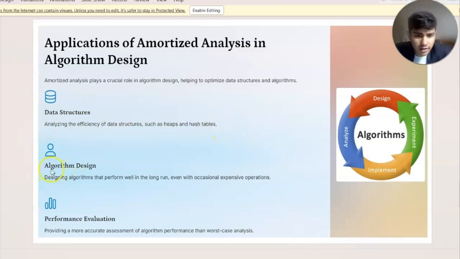And a very obvious point, it helps in algorithm design, to design algorithms that perform well in the long run, even with occasional expensive operations, which is the main advantage of amortized analysis. Then in performance evaluation, it provides a more accurate assessment of algorithm performance than worst case analysis, of course.